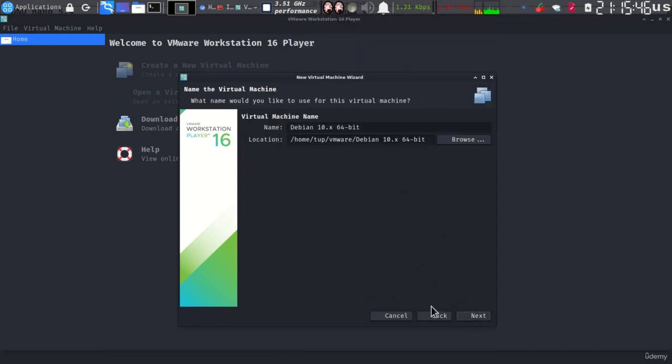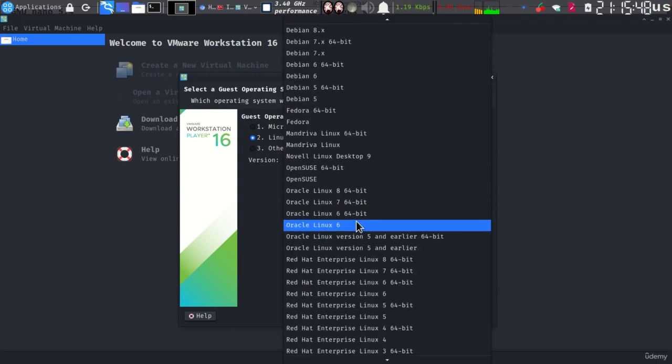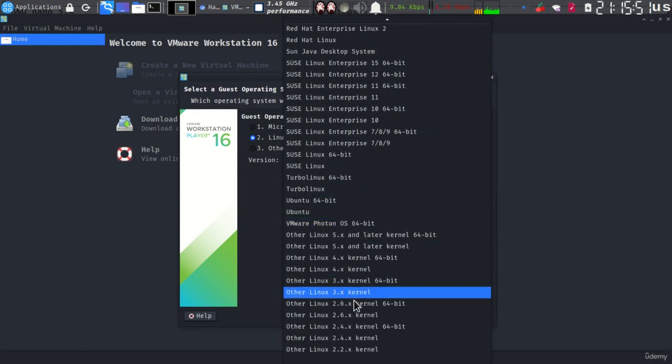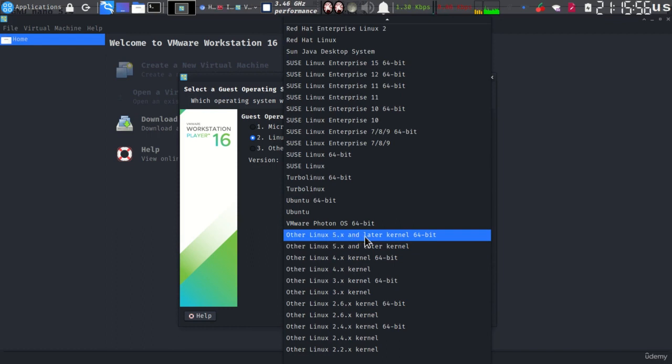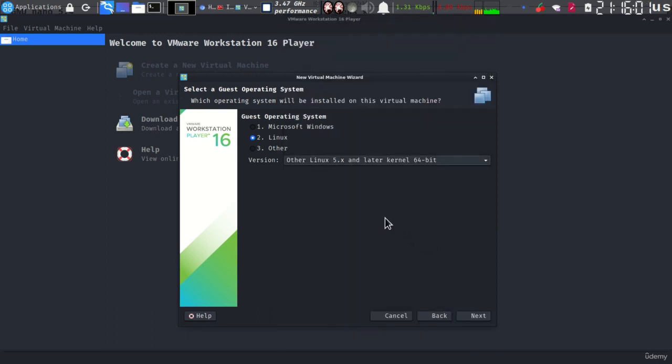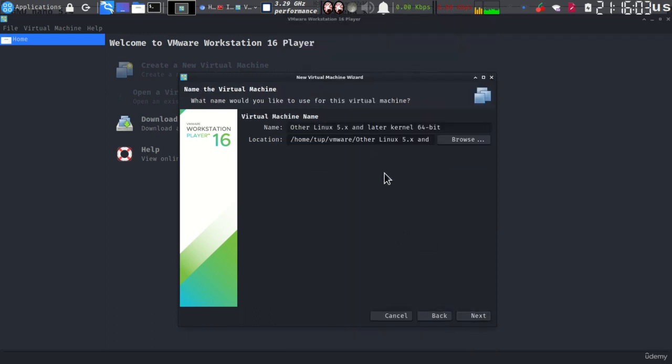Next. You could also choose generic Linux, you see in here, other Linux, and you just specify the kernel version. So 5.x and later kernel, 64-bit. You can also click that. Next. So the name of the machine is Attacker Parrot Sec OS. And it says I'm going to store this virtual machine in this address, home, 2p is my username, and the